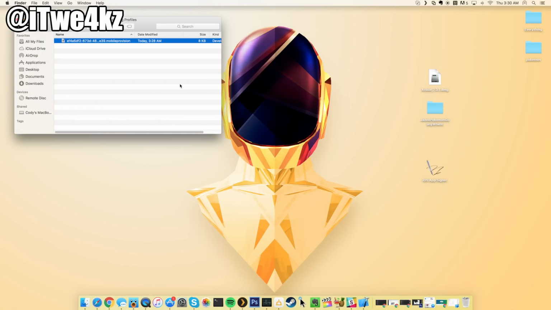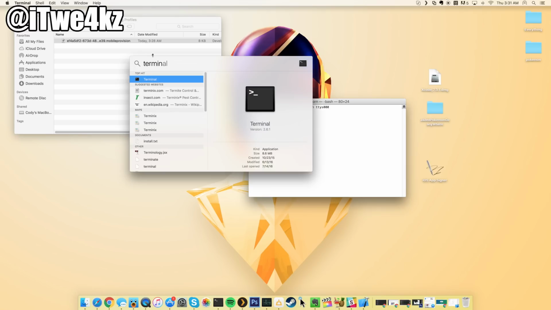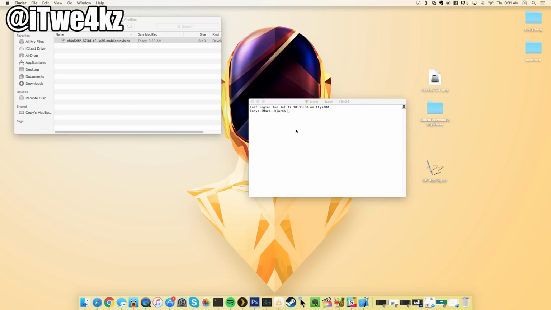And then once you minimize everything, you can go ahead and open up Terminal. Once you find Terminal, you don't have to download this. This is on your Mac, so you just type in Terminal here in Spotlight, and it should go ahead and pop up right there. So open this up, and then what you want to do is type in cd, which means change directory, and then you want to just drag